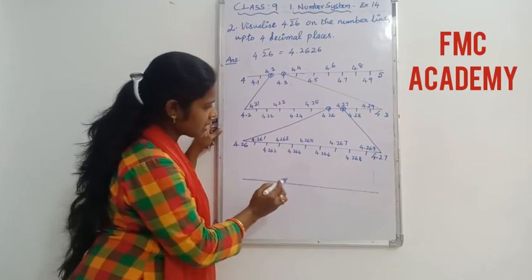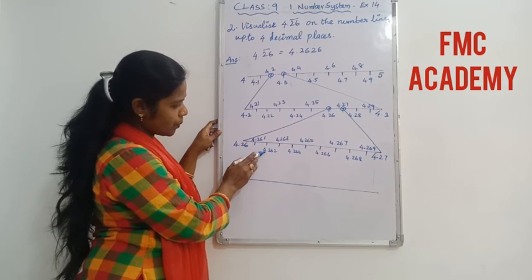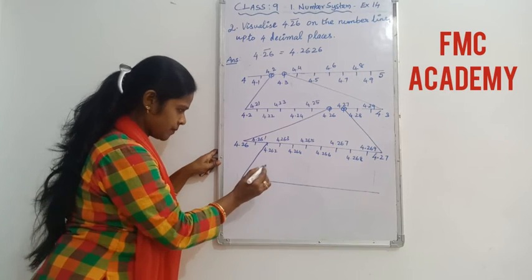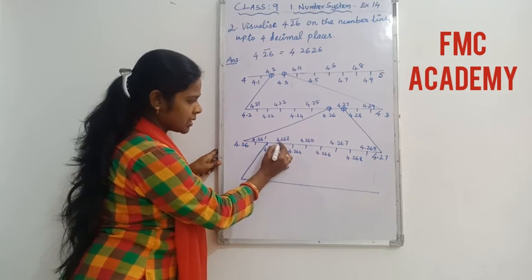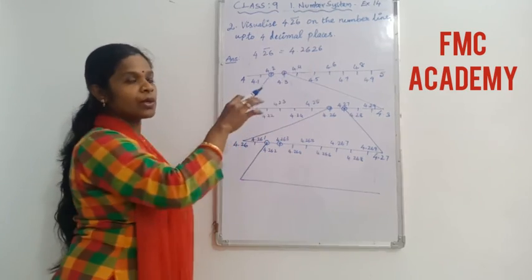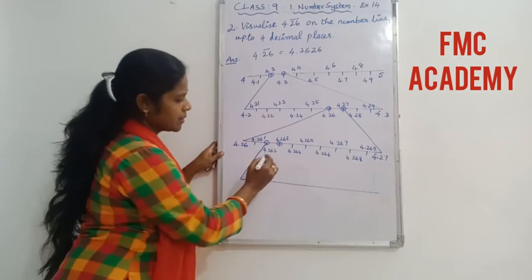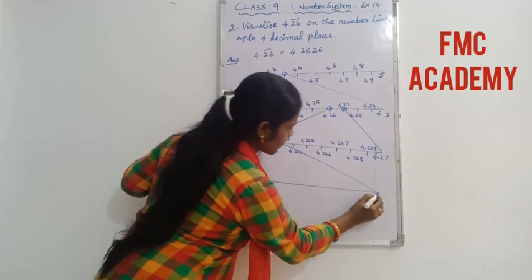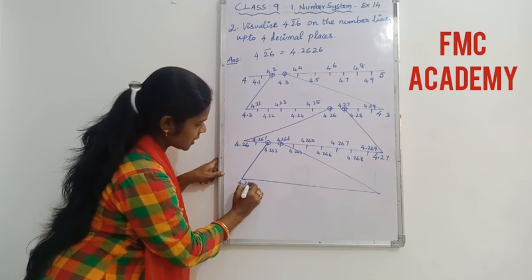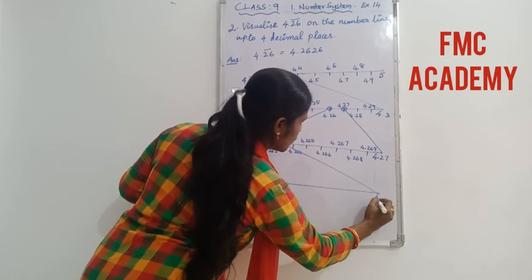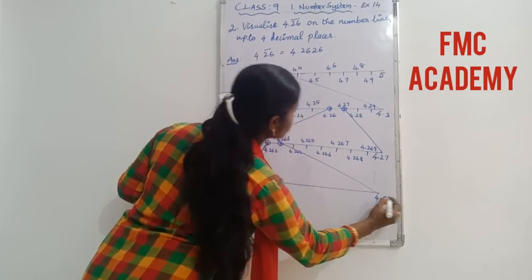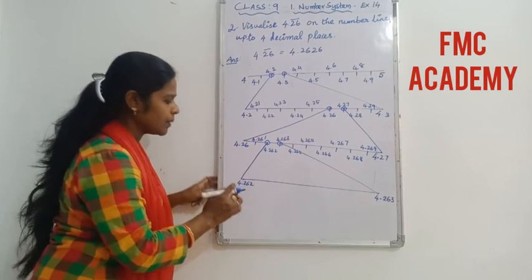Now which number is it? 4.262. Just see where it is. 4.262 over here. So take this number and then the next number, that is 4.263. So these two numbers we are going to take and we are going to search, means we are going to locate up to 4 decimal places, right? Yes, now here 4.262 and here 4.263. Okay, this we have taken. Now 10 equal parts we will make.